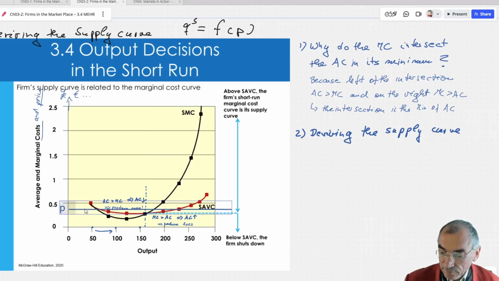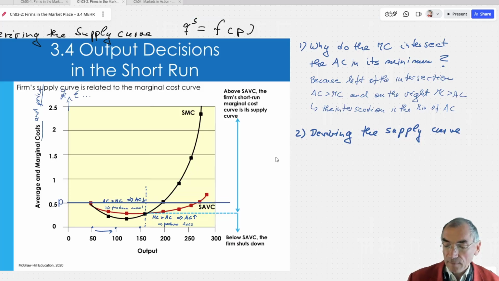Let's say we have a market price of 0.5, 50 cents. Then the firm would say, that's fine, I can earn 50 cents, which is exactly the same, looking at the marginal cost, as what it costs me to produce one more unit. And it's more than it cost me before to produce the other units, because the average cost is relatively low as compared to the market price. But recalling,